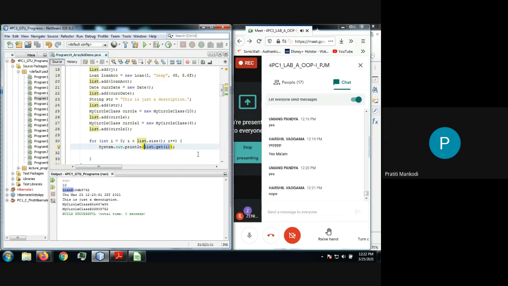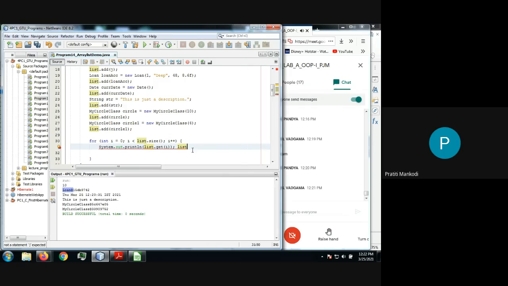And one more thing I want to add here, that whenever you try to print the object, it is always going to convert it into a string, because the object as a whole we cannot get. So Java will do what? Java will convert it into a string, and then it will display it. So it is going to convert it something like this: list.get(i).toString(). Internally, this line is going to convert into this line only. It is going to convert it into toString only. Now what is toString?